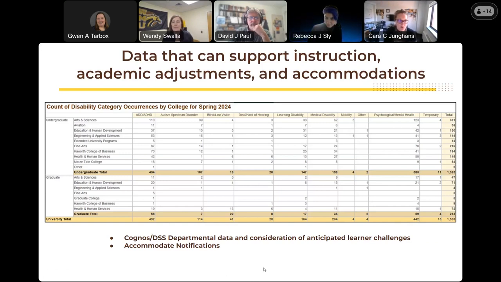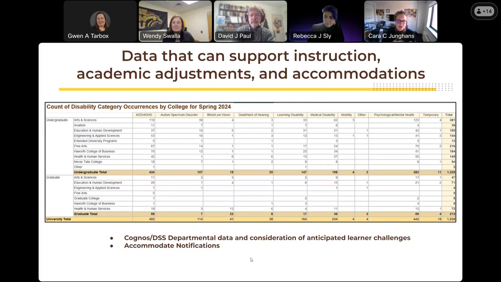So the first slide I have here is, every semester I pull data on what is going on at our university: how many students, how many registered disabilities do we have, and where are they? So here, it's not a very exciting slide because it's just a screenshot of some data, but you might be excited to see it because there are more tabs to this. We can break it down. We've got the colleges here, but then we can break it down by departments and actually see what's going on,